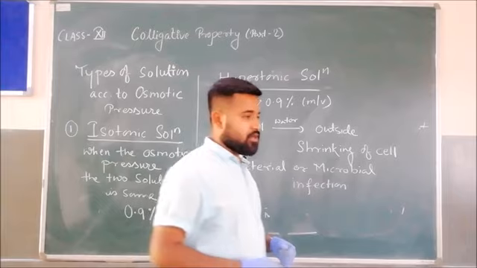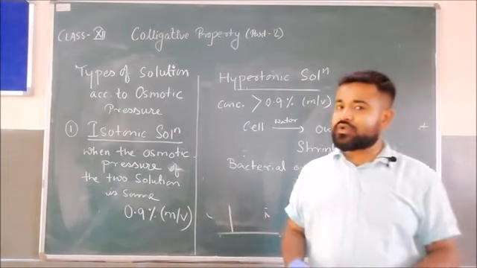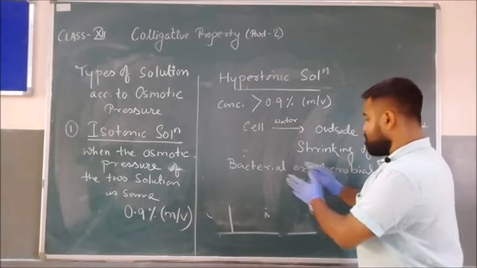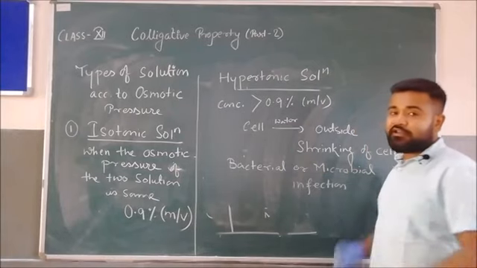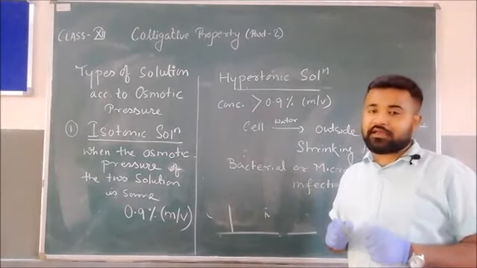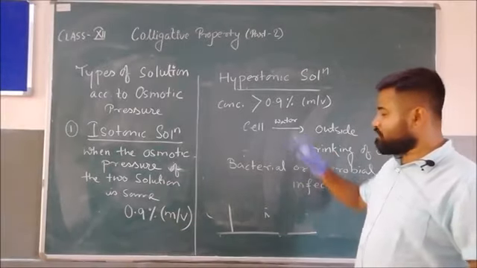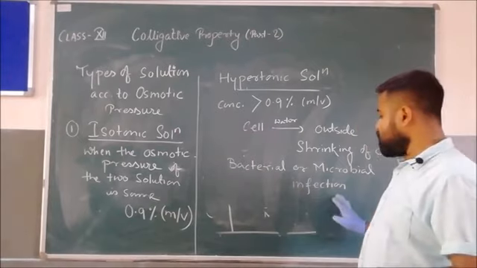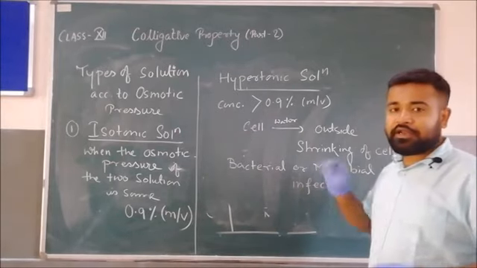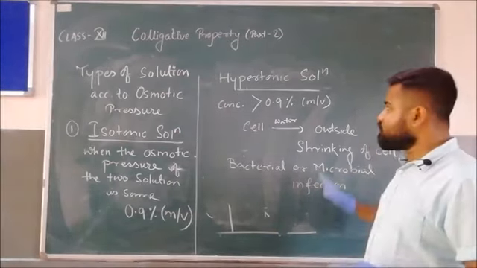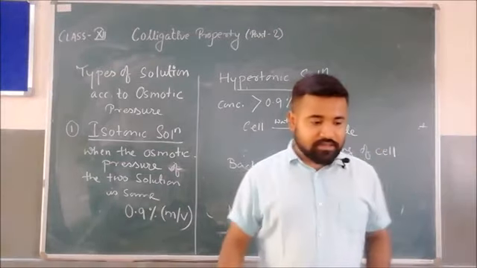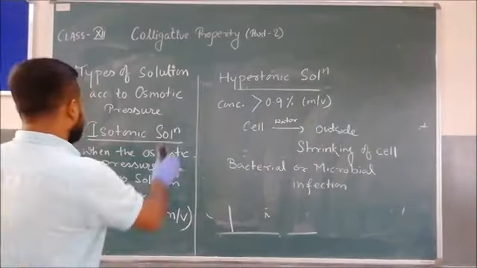So hypertonic solution is useful for preventing bacterial or microbial infection. By dehydrating the cell, we can dehydrate the bacteria and overcome the problem of bacterial infection. Clear? So this is the use of hypertonic solution. Next one is known as